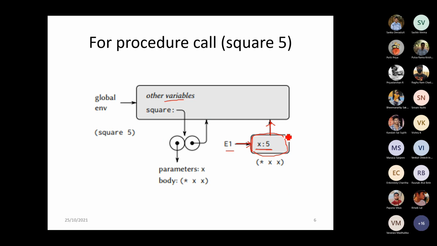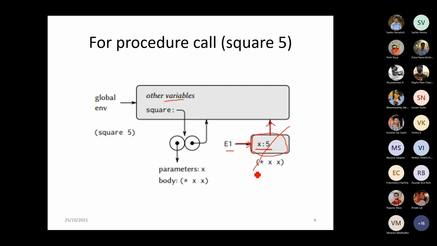Once the procedure call is done, it will return the value 25 back to the global environment, and this frame will be released. After this, you cannot access E1 any more. So this is how the memory allocation happens internally and how it is released.